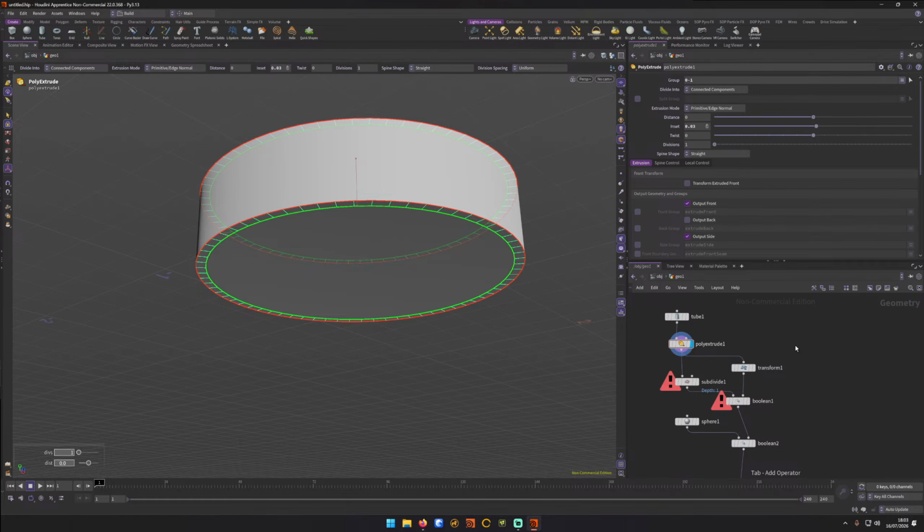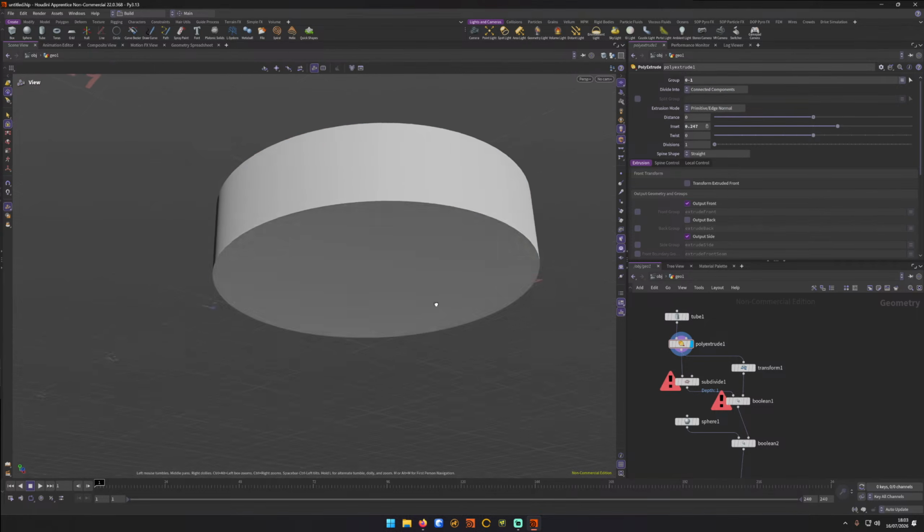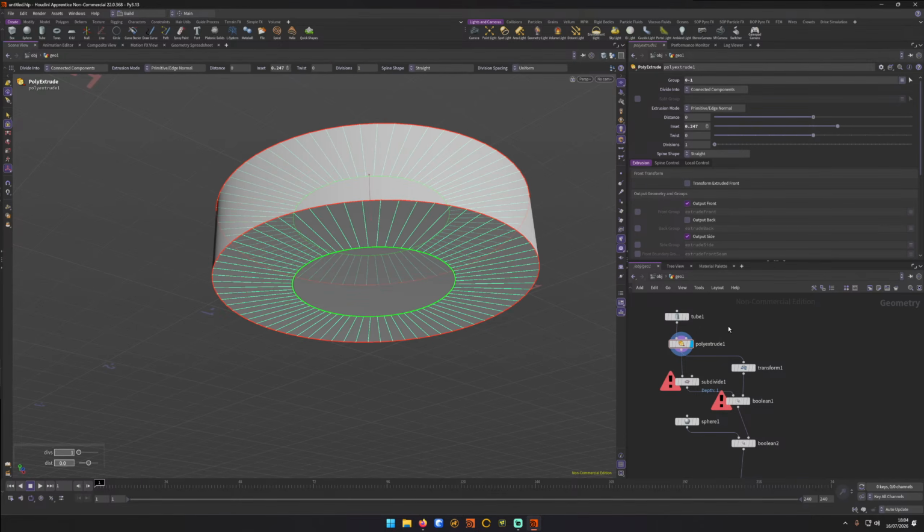As contentious as it is around the old internet, actually if I do this with 20 divisions, and if I do inset more, I can't do divisions or anything, does it? 0. Oh, point normal. I don't even know what that means, to be honest. Divide into individual. No, connect elements. I think what I'd need to do is probably do another extrude in there. Anyway,